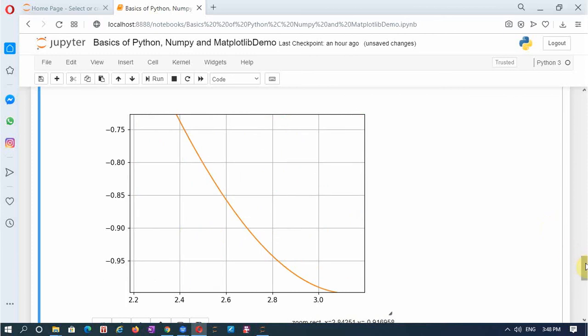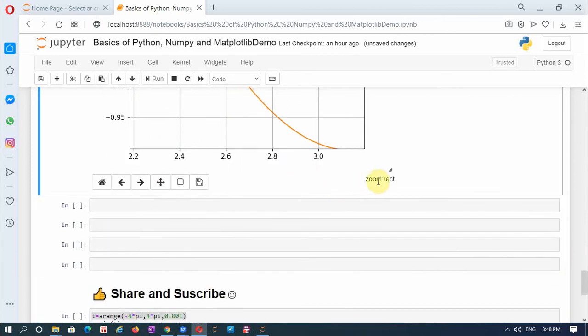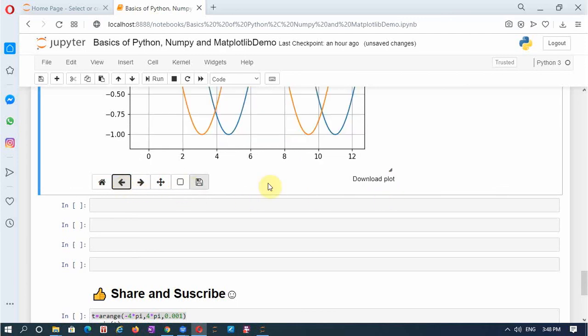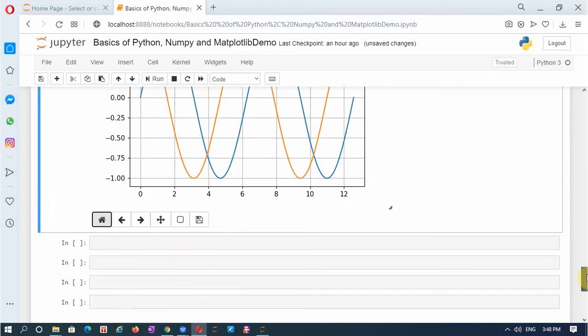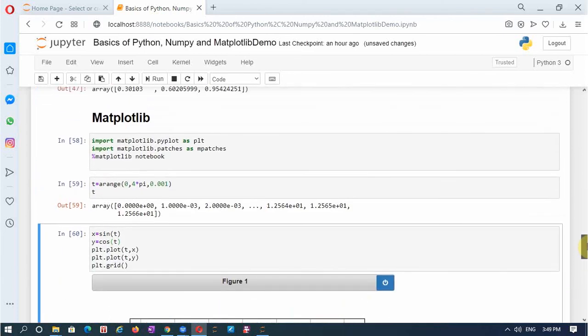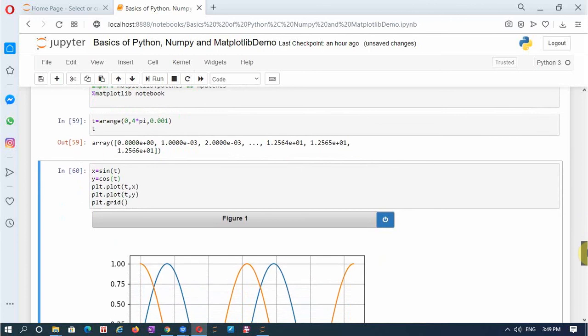Let me go back to the previous view. As I move the cursor on the graph, we can see the x and y coordinates of the point at which the cursor is placed. We can go back to home, and also download the plot as an image. These are the interactive features of matplotlib notebook with a percentage sign.